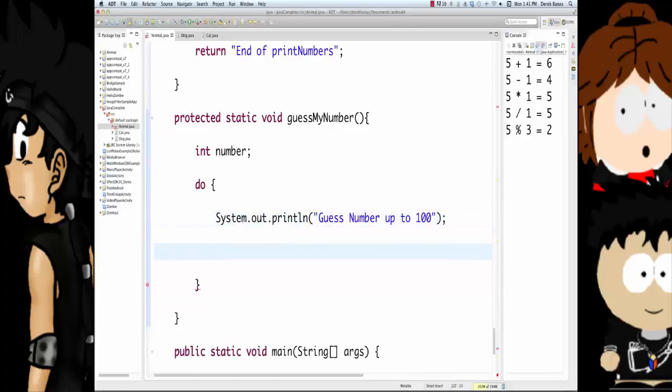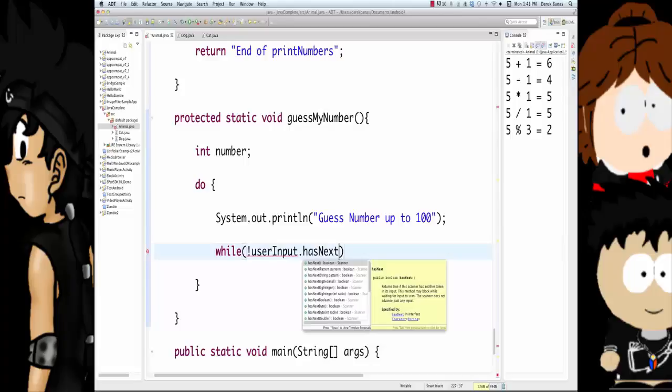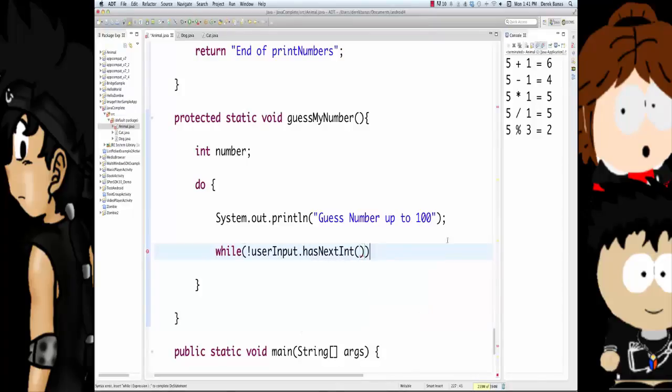Now what we want to do is verify that they entered an integer. How do we do that? While, put the not in there, userInput.hasNextInt. So if it has an integer that they just entered, then we're not going to do this. If, however, they enter a character or something else that's not an integer, then we're going to come inside of here.